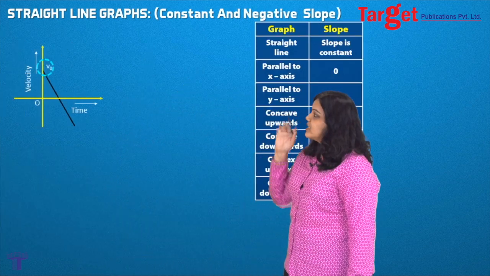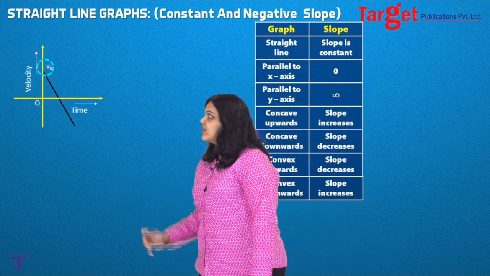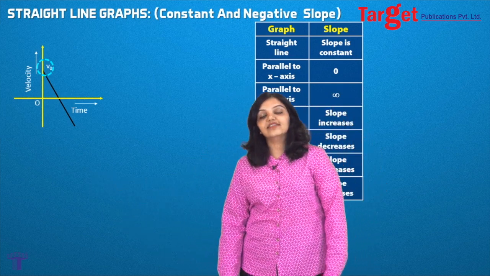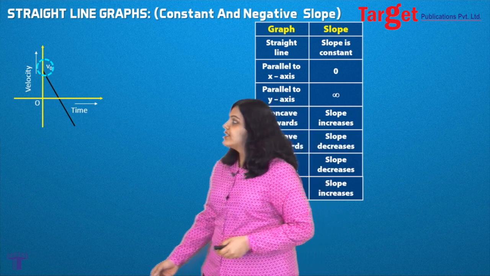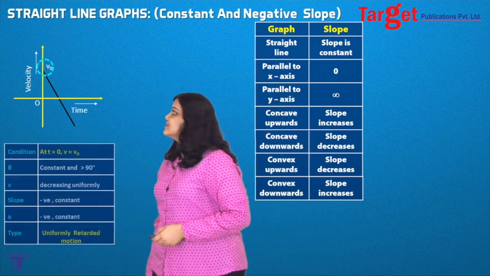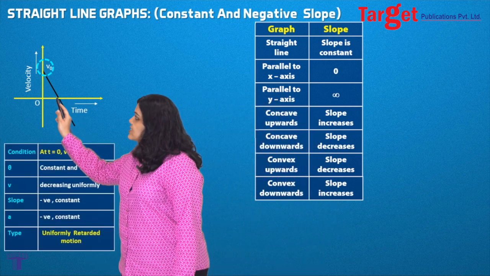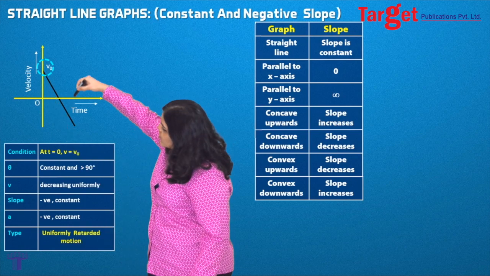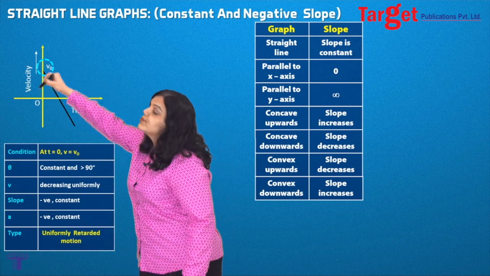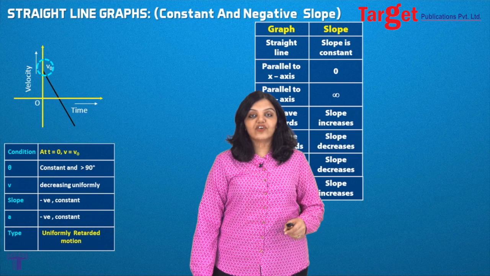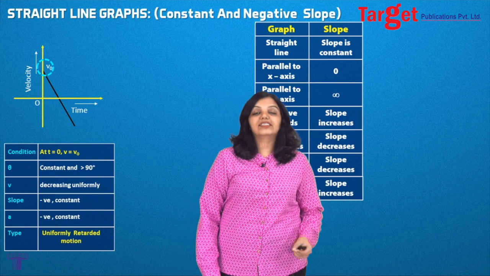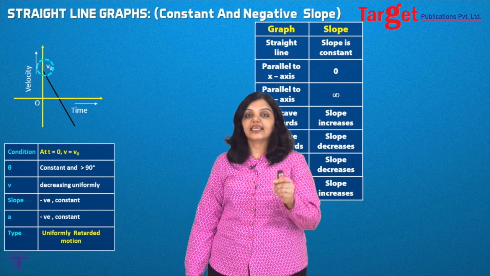Let's take a look at a different type of graph. What if you have a graph that looks like this? Now you can see that the graph is still a straight line, but now let's take a look at the angle it is making. You see, the angle it is making is no longer acute. If you take a look at this angle, it is an obtuse angle, and that should give you your first hint. Every time a line makes an obtuse angle, it has a negative slope.